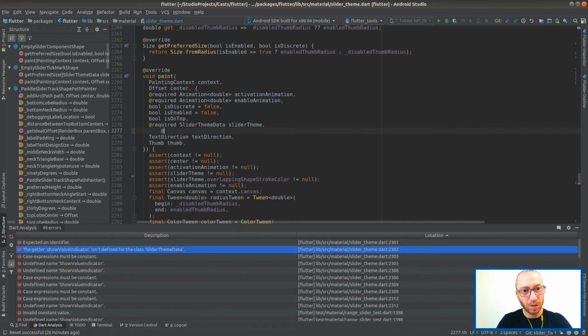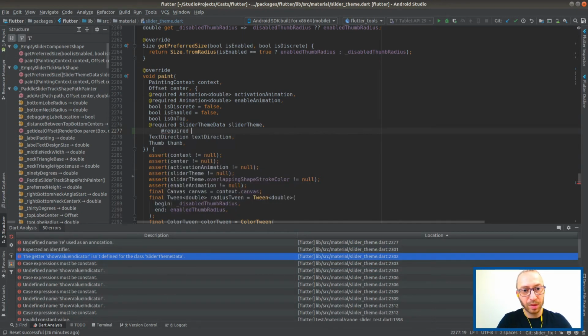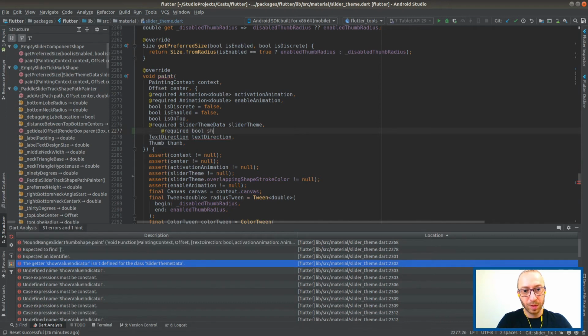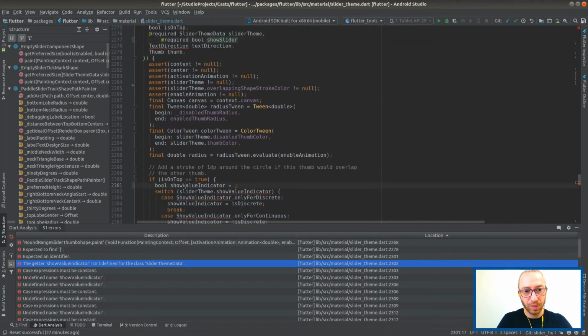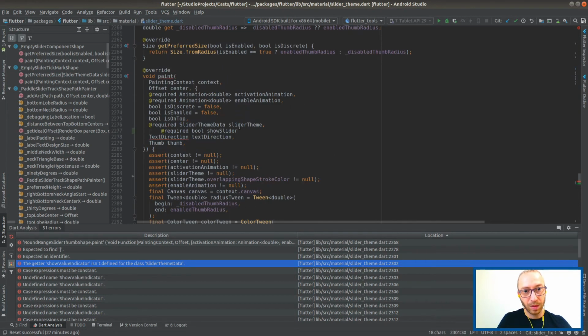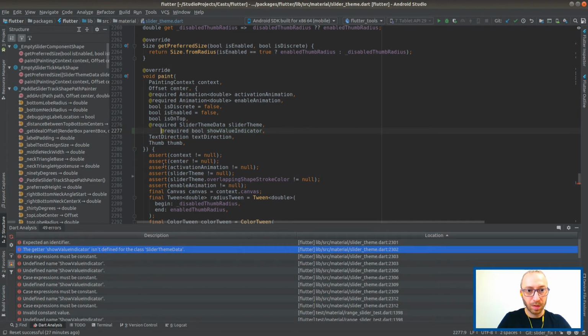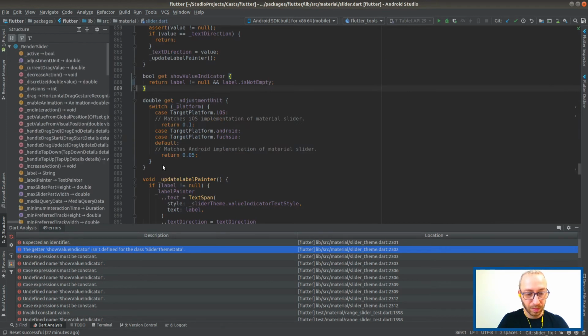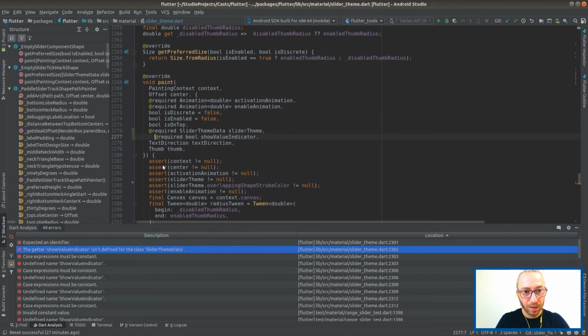I think it will be required. Show value indicator, sorry. Value indicator, right? Come on, where are you? Oh, there it is.